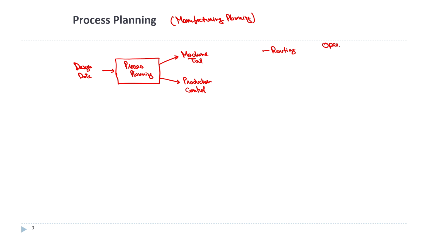So, these steps would be: first, two components are manufactured. The next step is the assembly part. So, this is known as a route sheet. So, we have the operation sheet